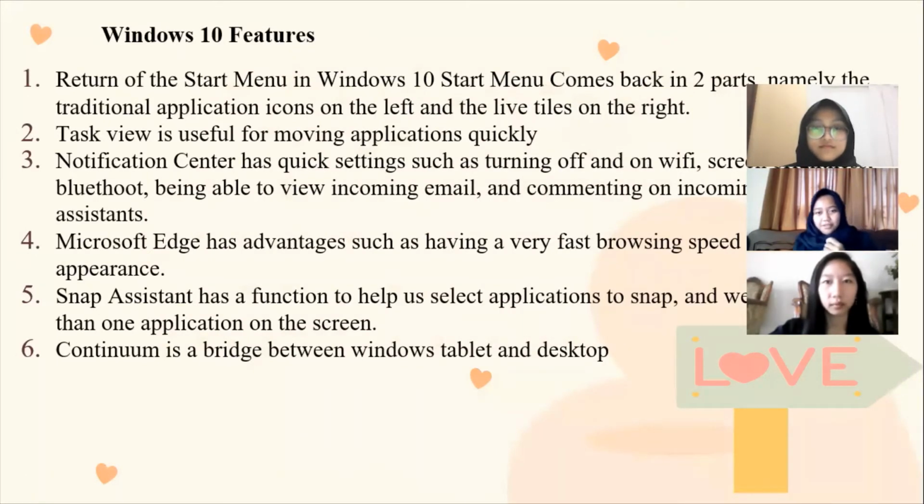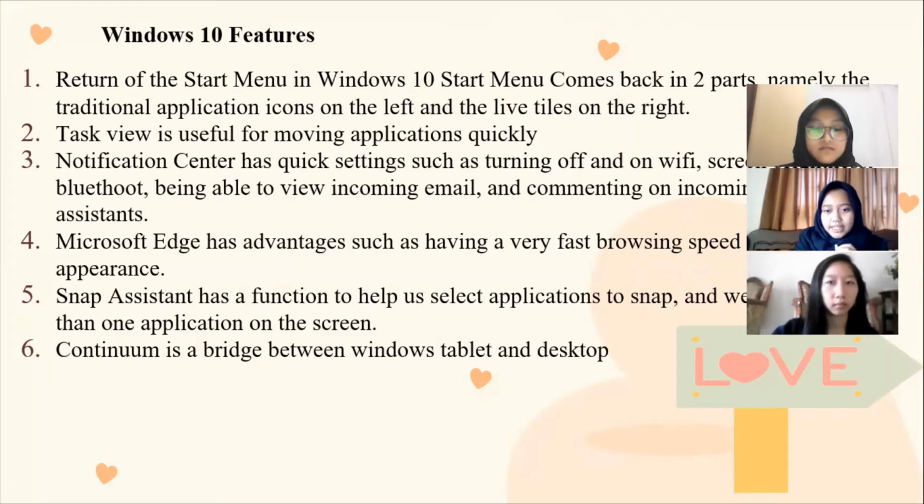Windows 10 features. 1. Return of the Start menu. In Windows 10, the Start menu comes back in part, namely the traditional application icon on the left and the tiles on the right. 2. Task view is useful for moving between applications quickly. 3. Notification center has quick settings such as turning Wi-Fi, screen brightness, and Bluetooth on and off, and being able to view incoming email and comment on incoming photos from the assistant. 4.